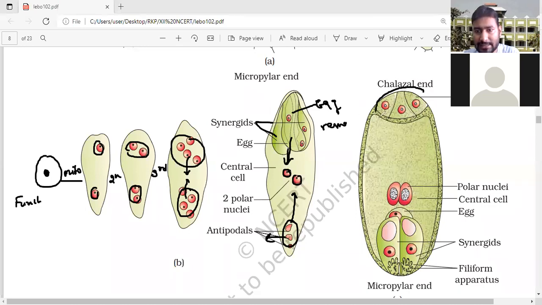So here this is the chalazal end, and this structure is known as the antipodal cells. Here is the central cell with two polar nuclei. Here is the egg cell, and these are the two synergid cells. This is the synergid cell, and one more is the egg cell. So this is the overall